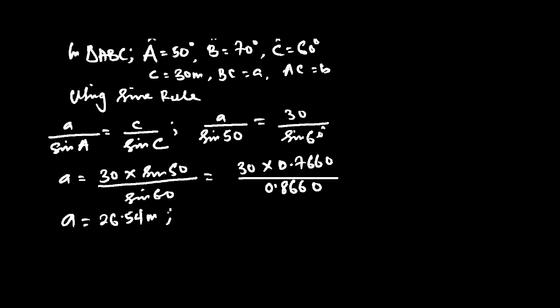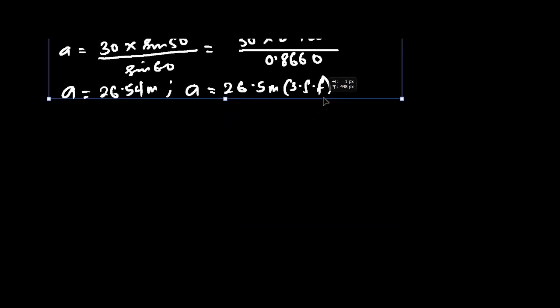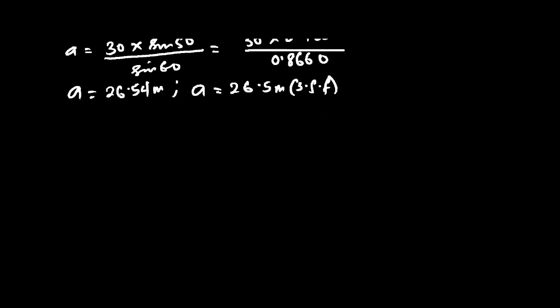And if you want to put it in one decimal place, that is 3 significant figures, you have 26.5 meters to 3 significant figures. Is that taken now? Okay. So the same way is what we are going to do to find the next one. So we say similarly,